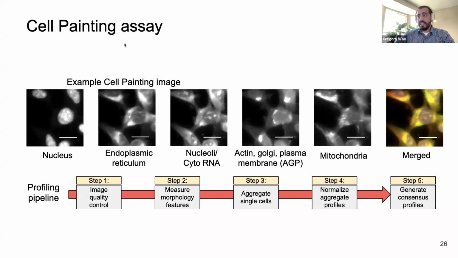I already described the cell painting assay, but just to note that we collected the cell health assay and the cell painting assay side by side, much like we did with the L1000 and the cell painting data, side by side across the same perturbations. In this case, they were CRISPR perturbations, but that's not really important for our application. The goal is to use the cell painting data as essentially an unbiased readout of cell state to predict the specific targeted reagents of the cell health assay. Also to note, we used CellProfiler data in this particular example.